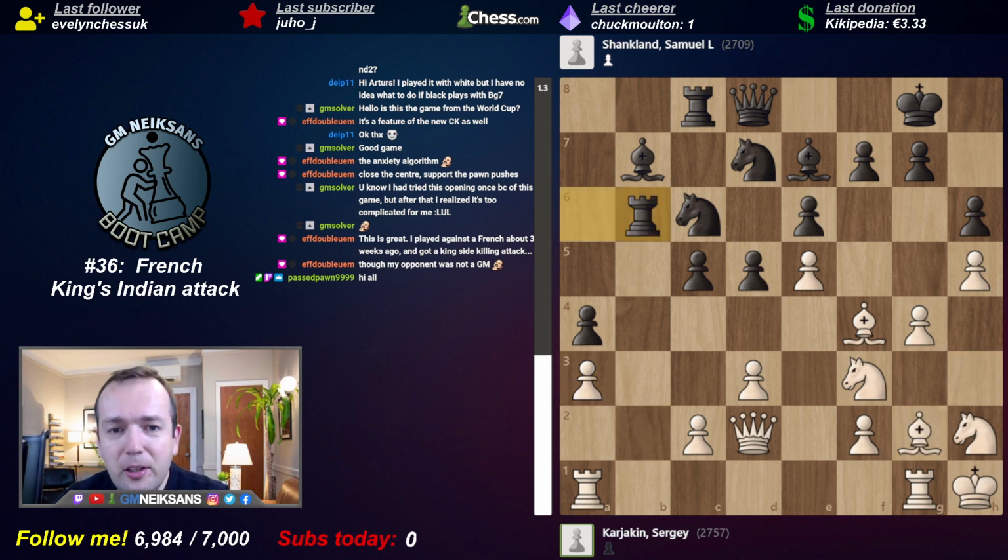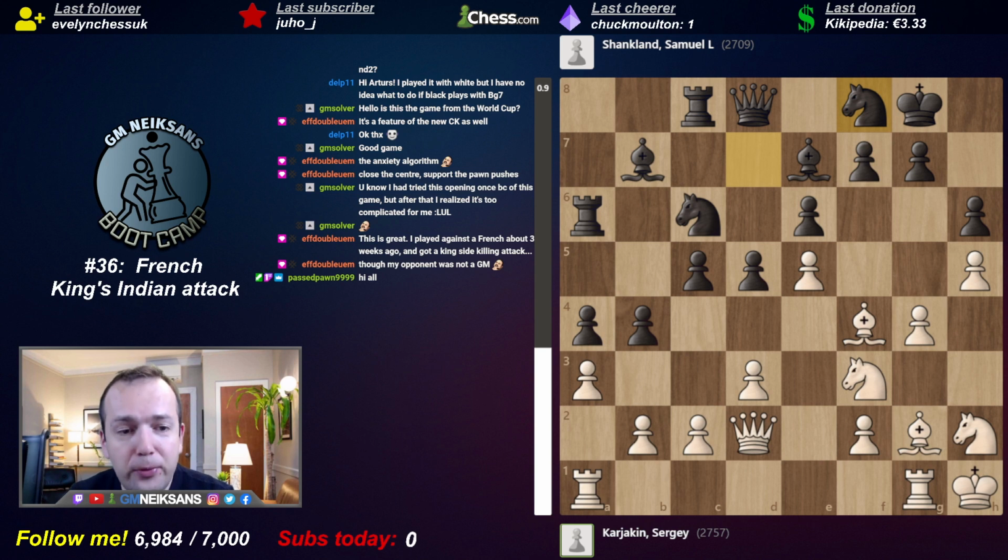So what happened here? This was the first sign of Shankland being careful. He played knight f8, just in case, I'm going to attach one more piece to the defense. a takes on b4 is a very nice idea to disrupt black's plans on the queen side. d4 to secure the pawn on e5. Knight a5, which seems to be